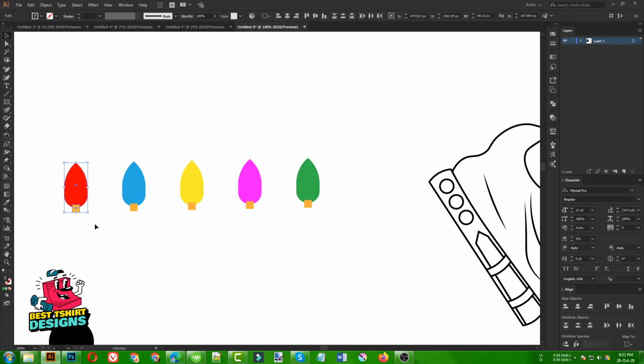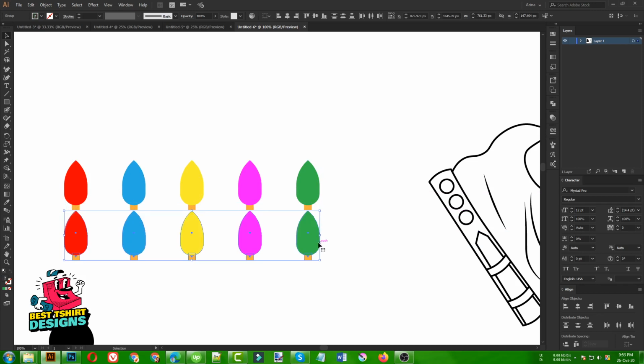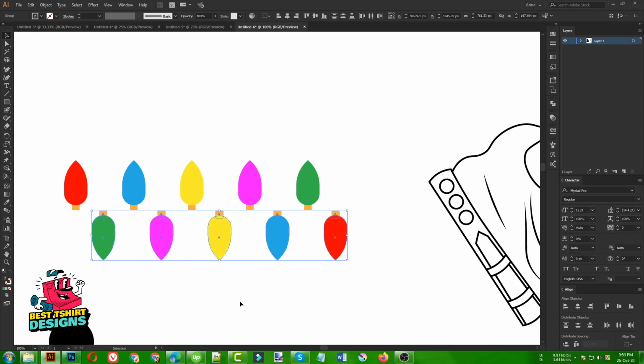Now I need to first of all select the upper part of everything, then cut and paste in front. It will be on top of every square at the bottom. Then I'm going to make each one a separate group, then select them like this, and align them center-wise. Then I'm going to select them again and make another copy here, just like this, then reflect it. Then I want to put it in the middle point of each other, just like this. So that is good for me.